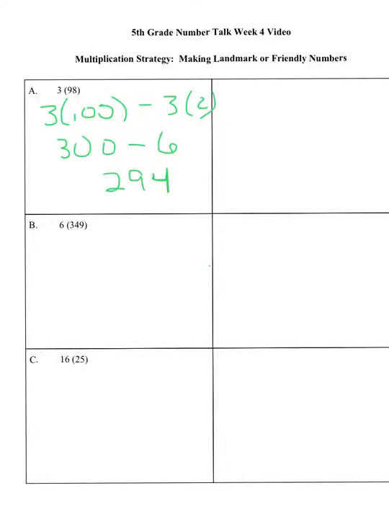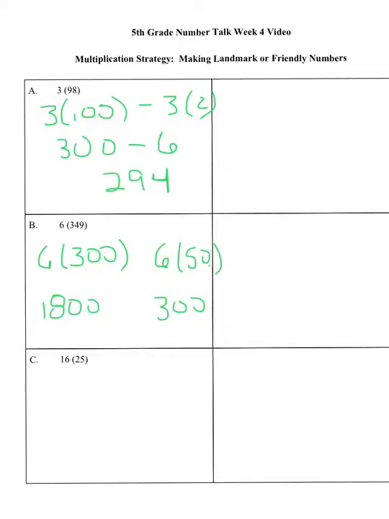When we look at B, we have 6 times 349. I would personally look at this and break it up with friendly numbers this way. I'd say, okay, well, I know that 6 times 300 is 1800. I know that 6 times 50 is 300. So that gives me